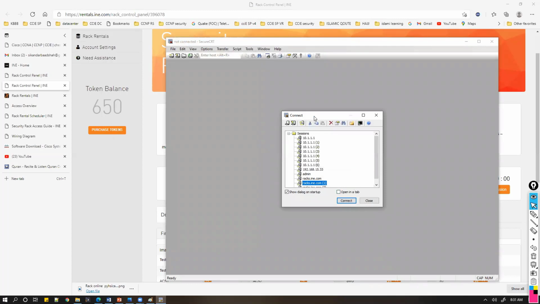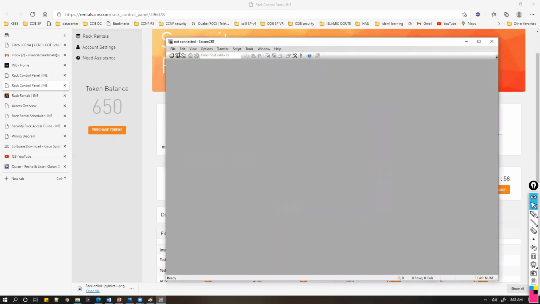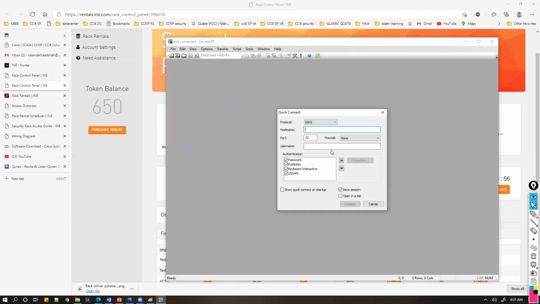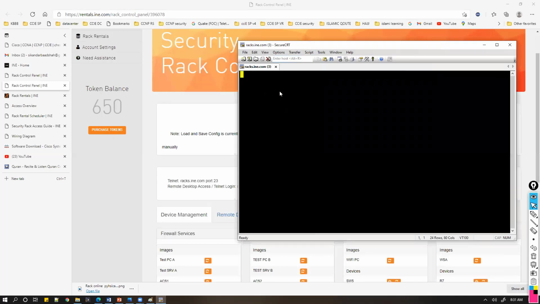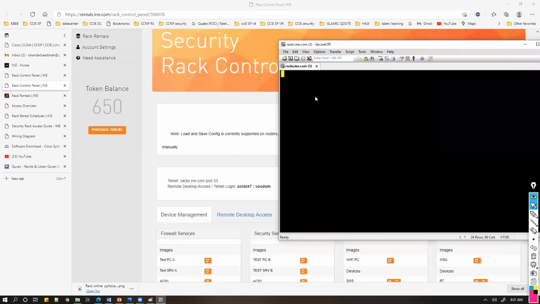And here I can use racks.ine.com. In my case, I'm going to use racks.ine.com on port number 23, right? Port number 23. And then the username, I'm going to connect. While I'm trying to connect, it is going to prompt me for the username and the password.